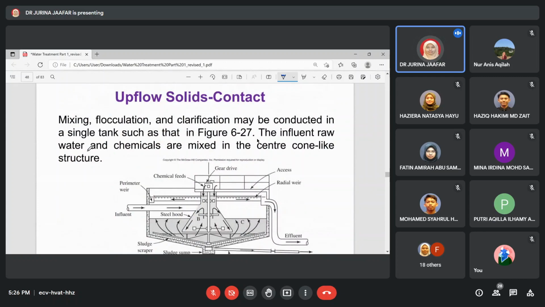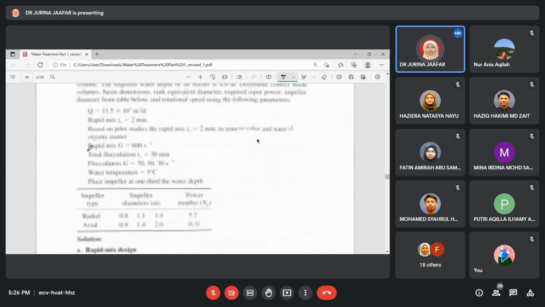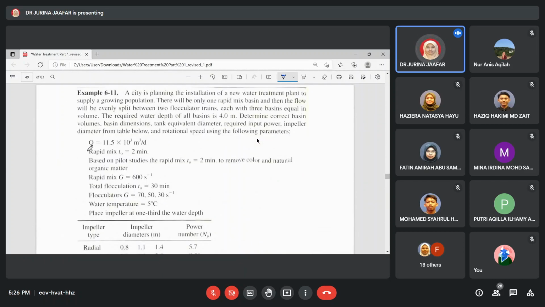Right. Okay. This is one example on this. Okay, so today is just an overview. So I will come back with this exercise and you can also look through the exercise. Okay, this process is example 6.11. If you read this question, it is the flocculation process and also the process where we only look at rapid mix and